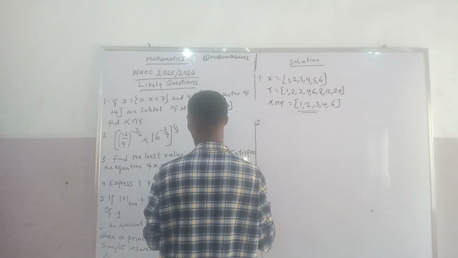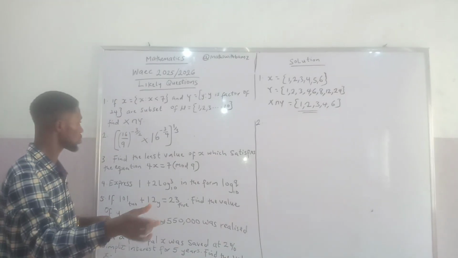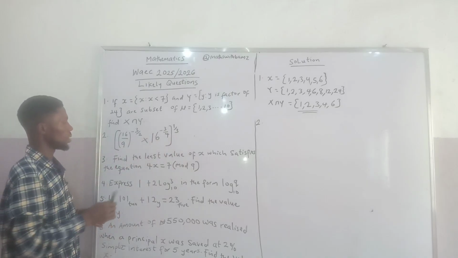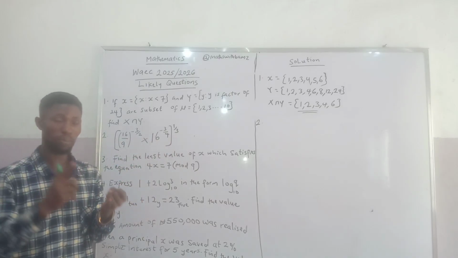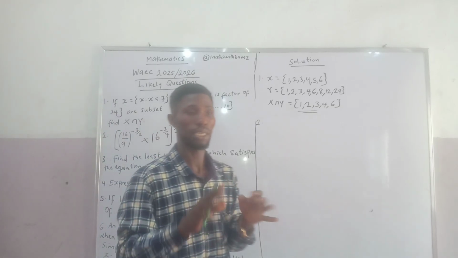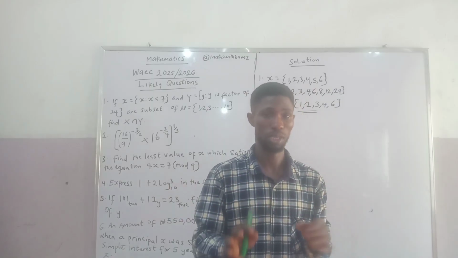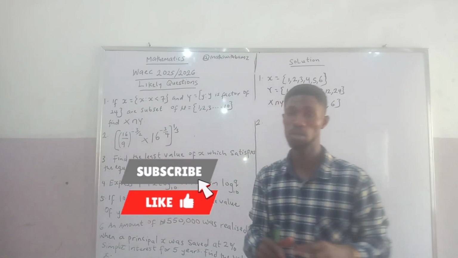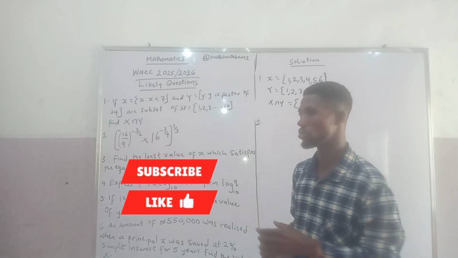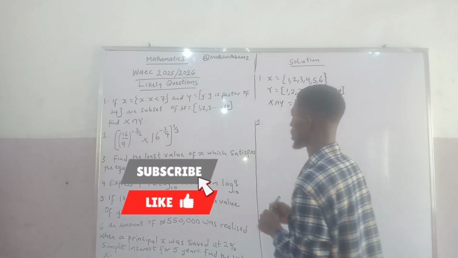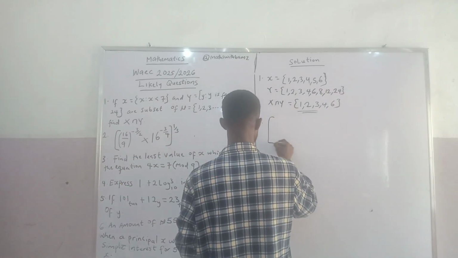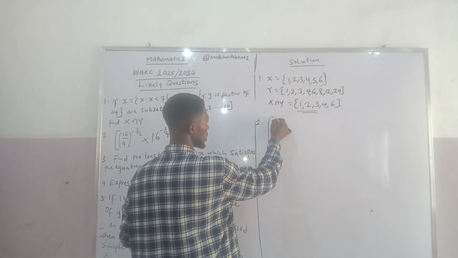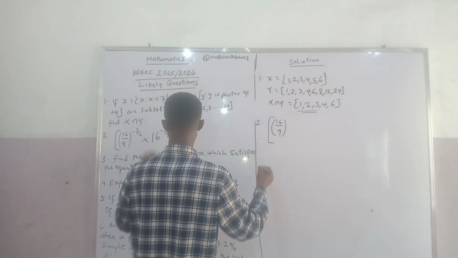So what about number 2? They said that we should simplify this. Okay, and we have many ways. For example, if it comes out in your CBT, there is a method to do that using your calculator directly. But this question came in the theory aspect. So look at the way we are going to simplify. We have something like this: a big square root, then we have 16 over 9. Then we also have